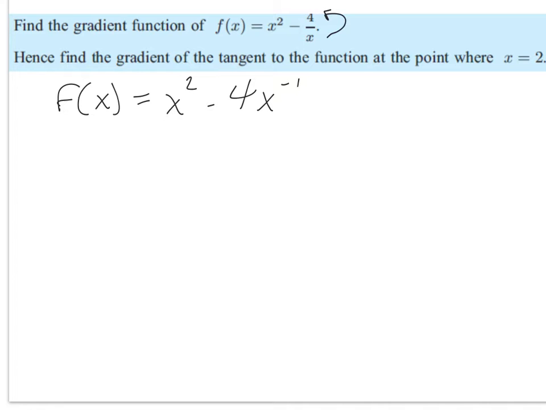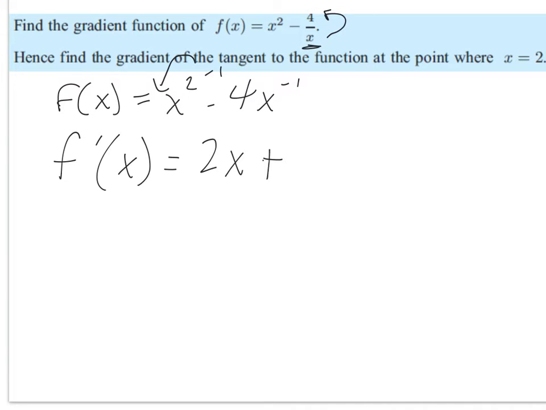So on the bottom here, it's x to the 1. We bring it up into the numerator and it becomes x to the negative 1. That allows us to take the derivative. Remember, to take the derivative, we take our exponent and we bring it out as a coefficient, and then we subtract 1 from the exponent. So our derivative here would be 2x